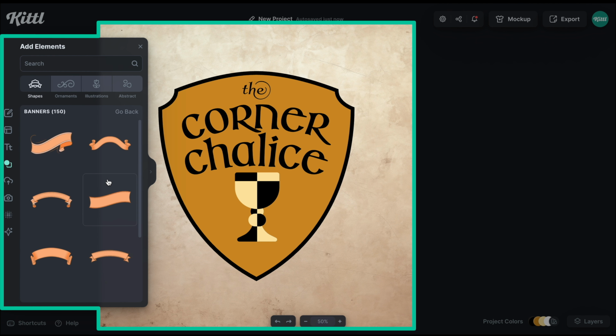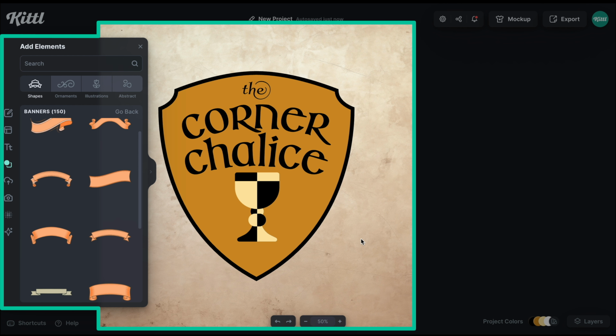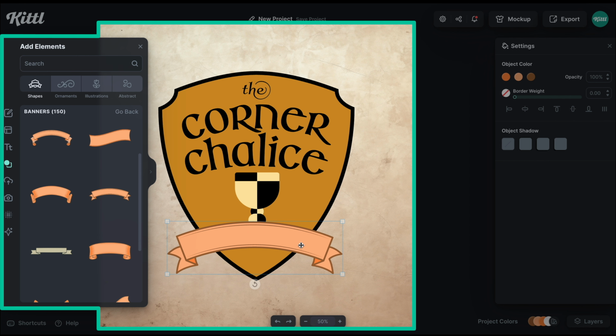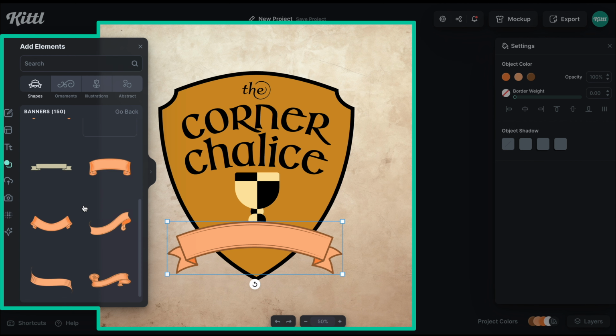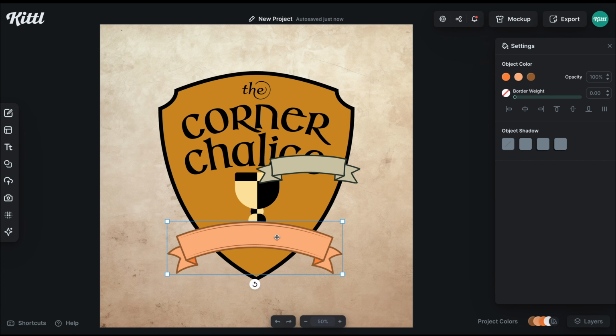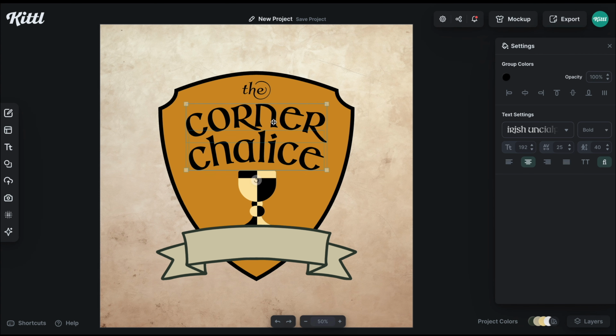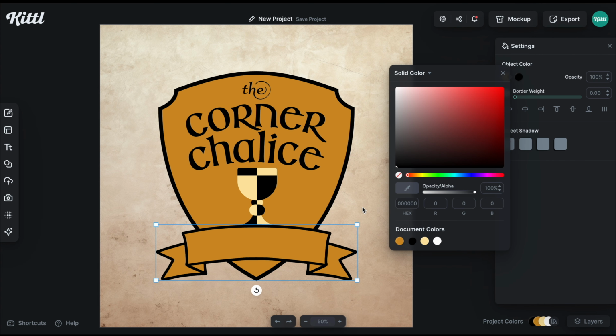So let's find a banner to go across so that we can fit more text here in the bottom middle. So we're gonna go with something like this right here. I think this is a little bit too long. I need something that's a little bit taller ribbon. So yeah, this one right here is a little bit shorter, a little bit taller. I think it's gonna fit our text a little bit better, and we're gonna adjust the colors,